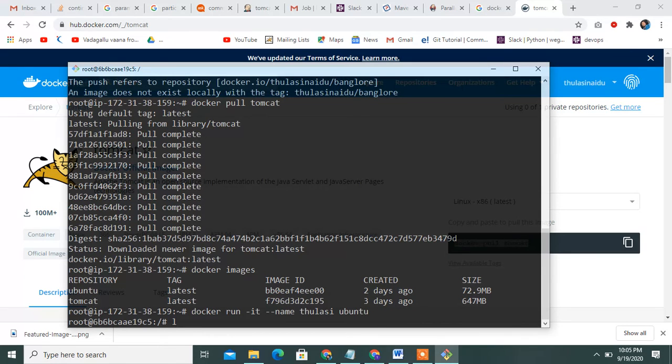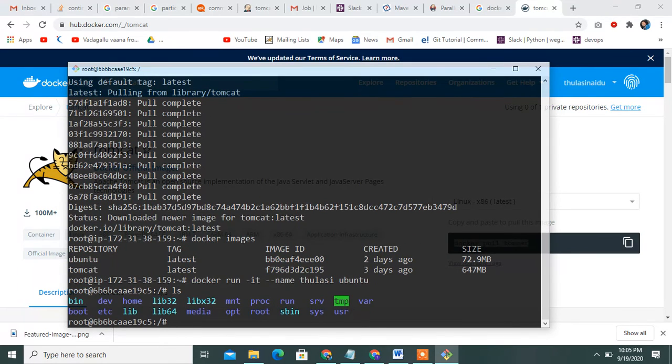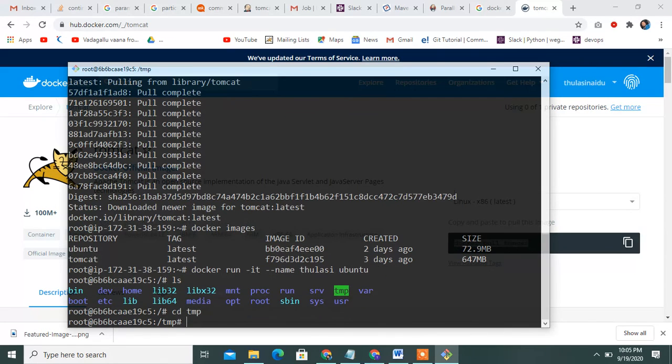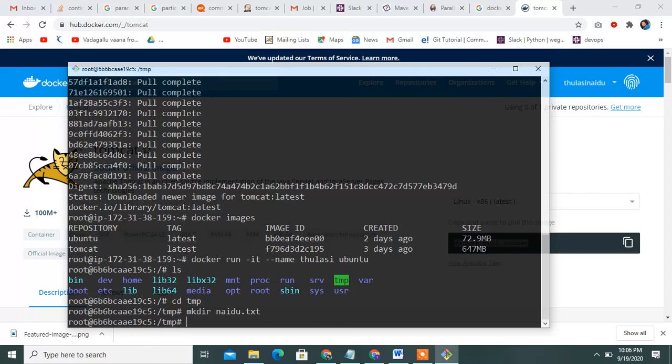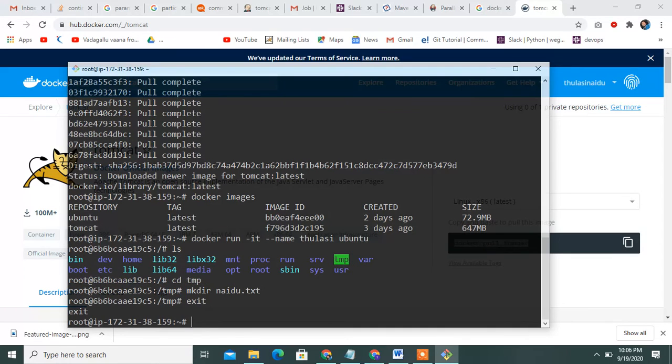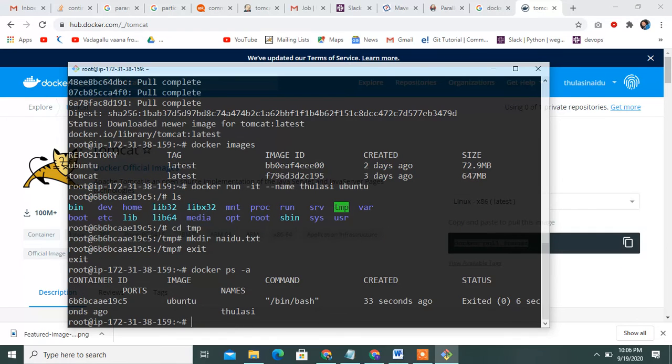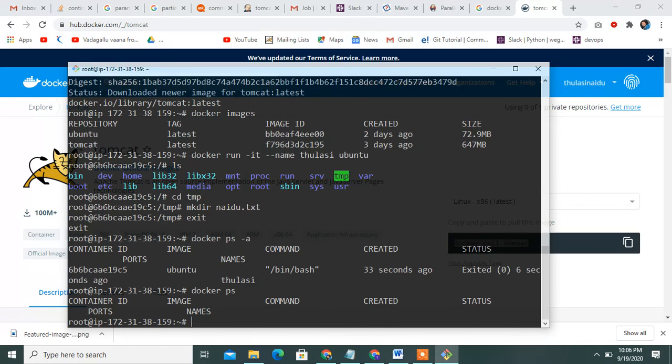Then create the containers. Then exit my container. Docker ps. It is already exited.